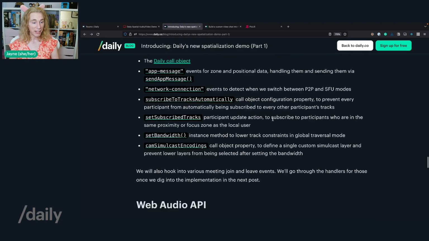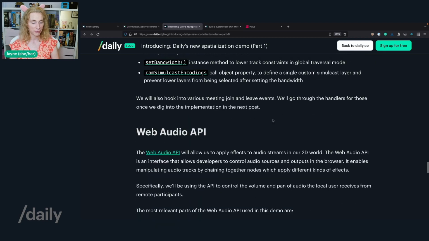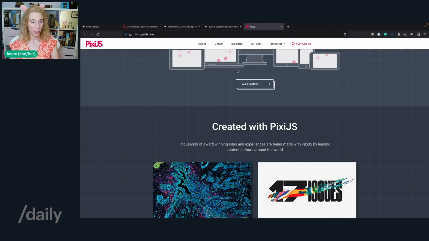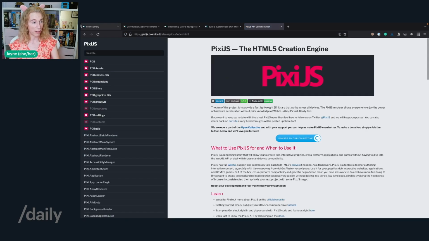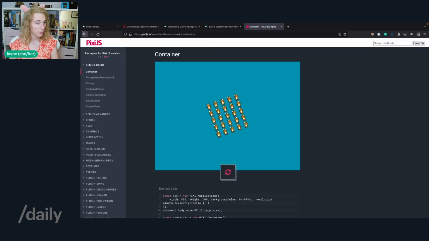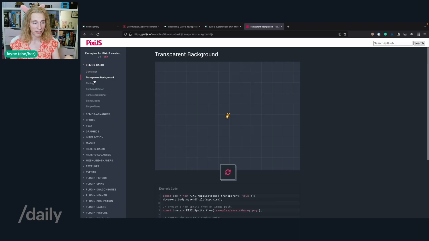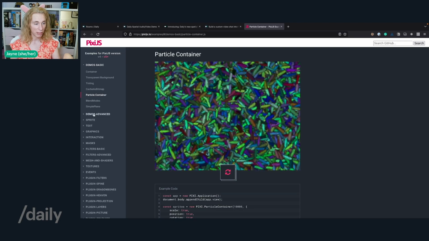And then of course we'll be using PixiJS. And if you want to know about PixiJS, their documentation is also pretty nice. But I would suggest at least watching some of their examples, because they have quite a big list of